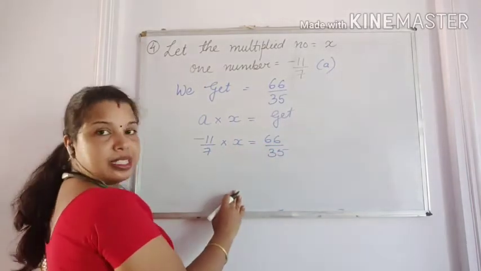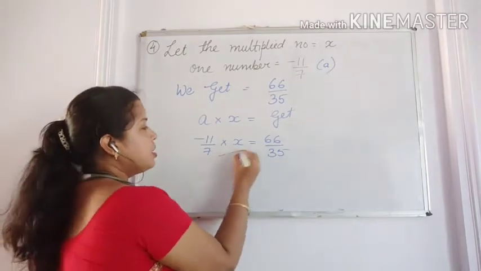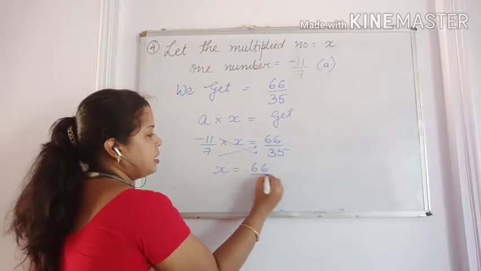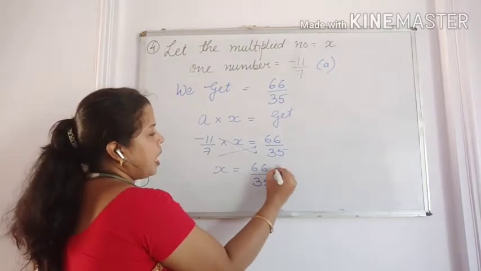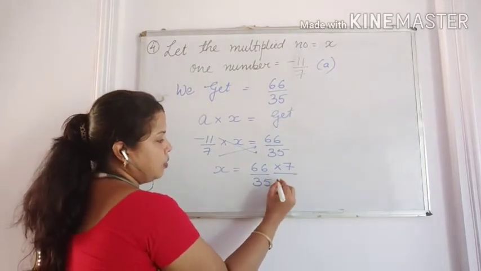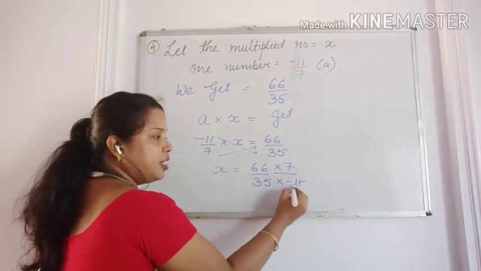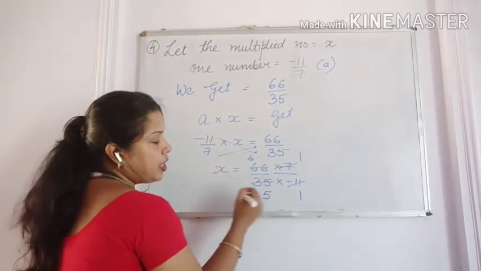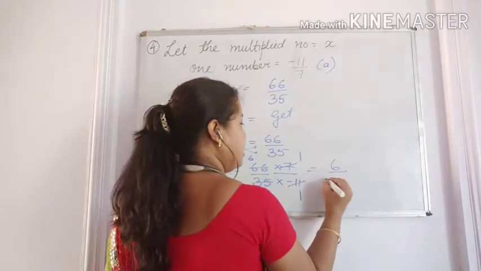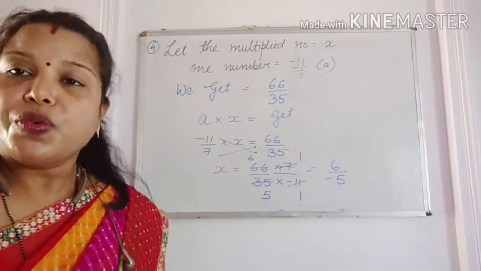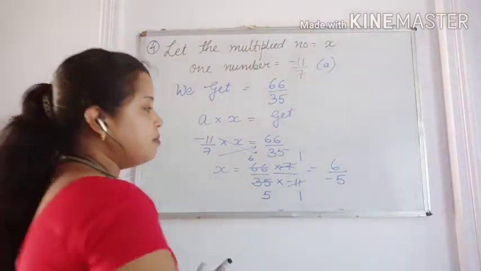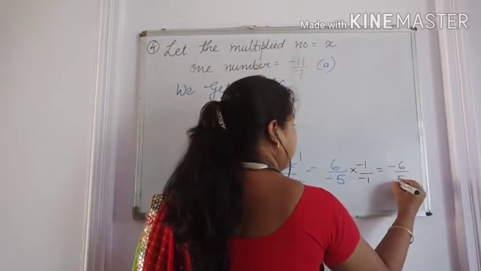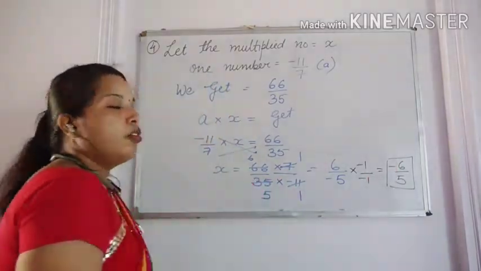Again students, same multiply is here. We will do cross: this 7 goes up, minus 11 goes down, x as it is, 66 upon 35. This 7 will be up and minus 11 will be down. Okay, first cut: 1 times 6 is 6, 7 1 za 7, 7 5 za 35. Beta, the answer is again the denominator is coming in minus 5. So what we will do, we have to convert into a standard number, that is multiply by minus 1 upon minus 1. So the answer is minus 6 upon 5. That is the answer to number 4.